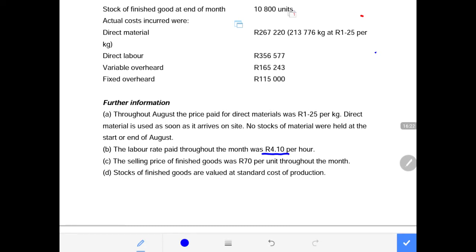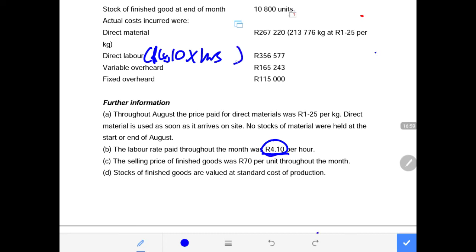Now, in order for us to get to the amount of 356,577, which is the total amount paid to employees, we must have set the rate per hour of 4 rand 10 cents, multiplied by the hours that employees have worked. We don't know how many hours these employees worked, but we know that it was 4 rand 10 cents multiplied by the number of hours, and this gave us the total cost of labor that was incurred and probably paid,